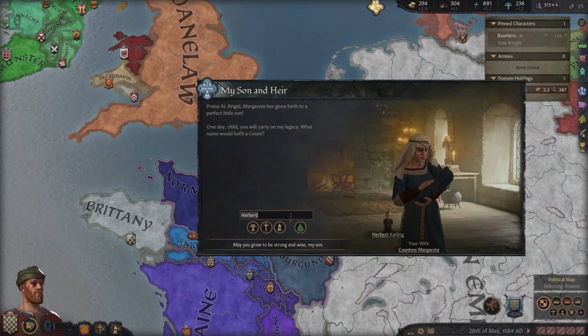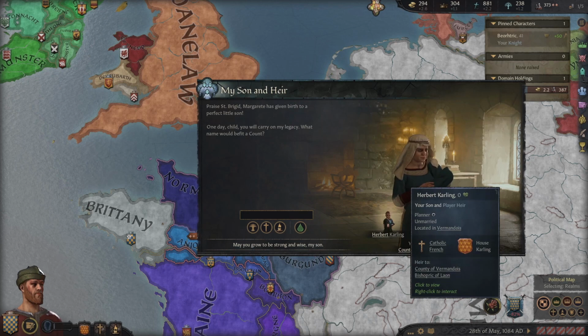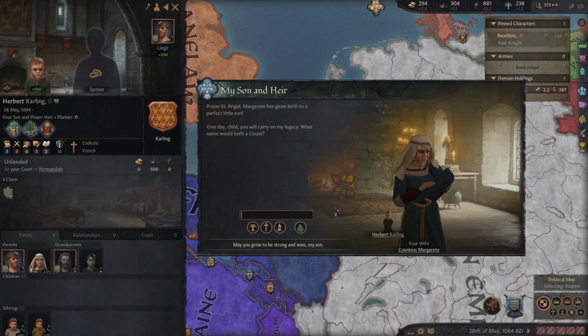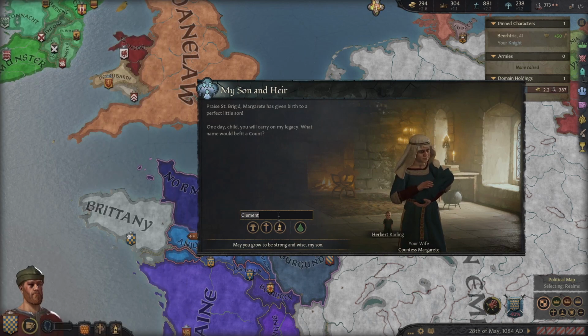Hubert? No. No. Oh, God, what's he like? I'm hoping he's got to be as good as our firstborn, which is very unlikely. Oh, he's terrible. Oh, can we leave this one in the ocean? Clement. No, I'm going to call you...